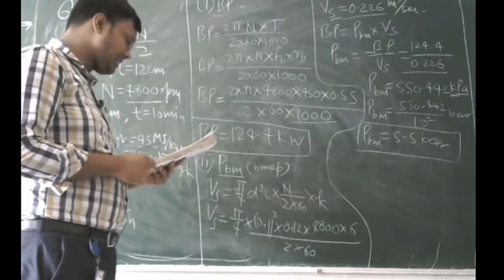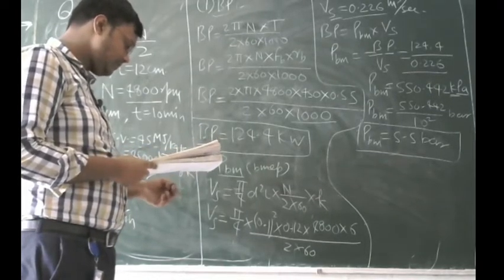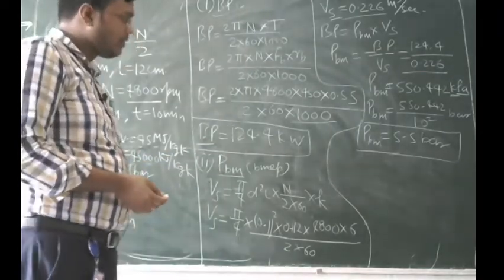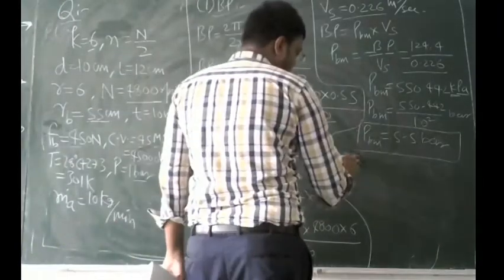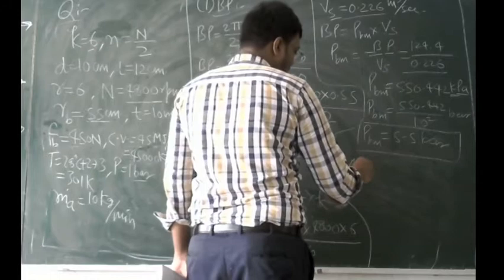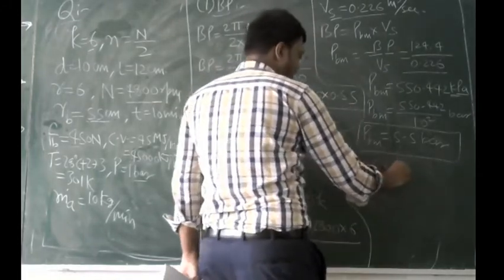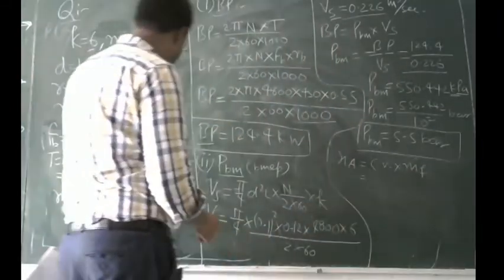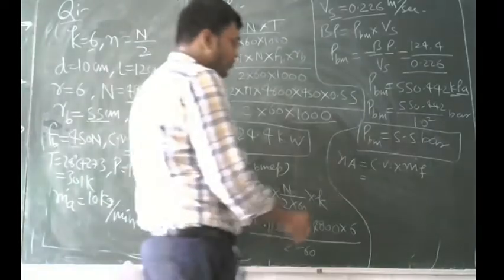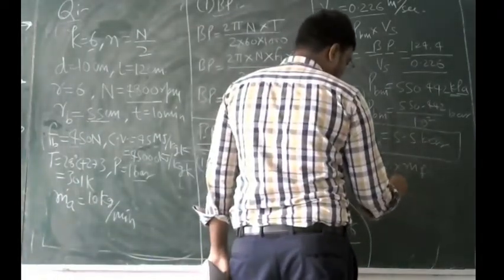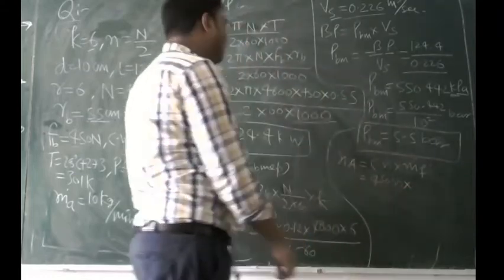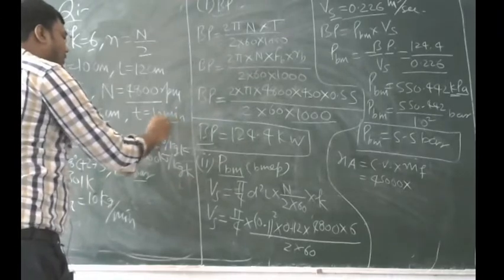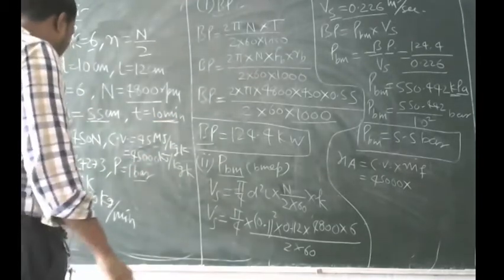Now the next question is BSFC. Okay, BSFC means brake specific fuel consumption. Okay, so now we know the value of heat addition, we can write here heat addition equal to CV into m dot f. Now CV is given in the question as 45,000 kilojoule per kg. Okay, so we can write here 45,000 into m dot f. Now in the test it is given that the test is running for 10 minutes, and during this 10 minutes mass flow of air is